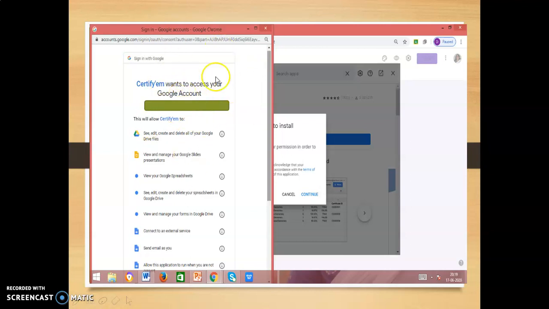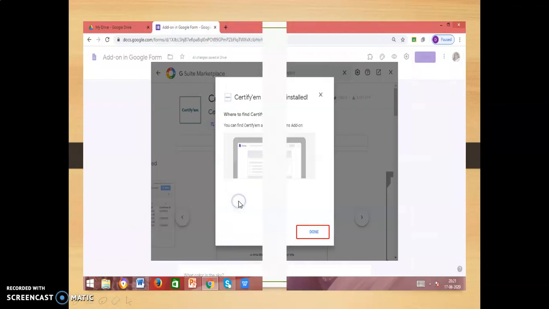So we have to give our access to Certify-M, then we can proceed further. I have given my access to Certify-M. After giving access, it immediately shows that Certify-M has been installed and you have to click done.